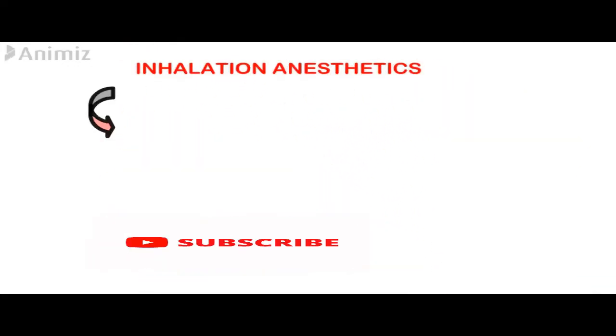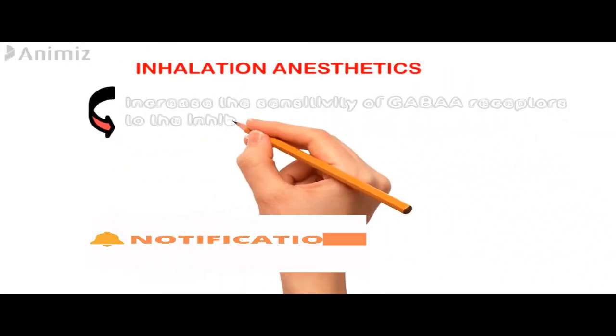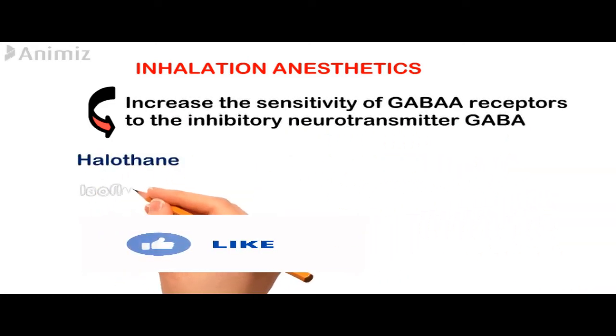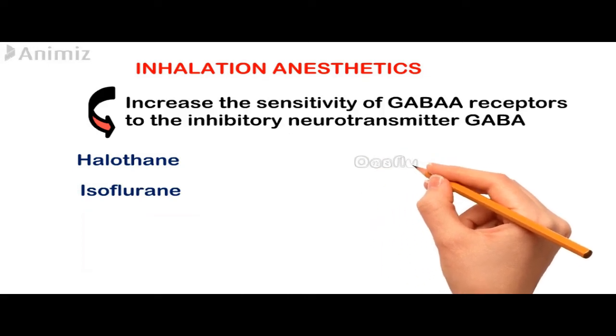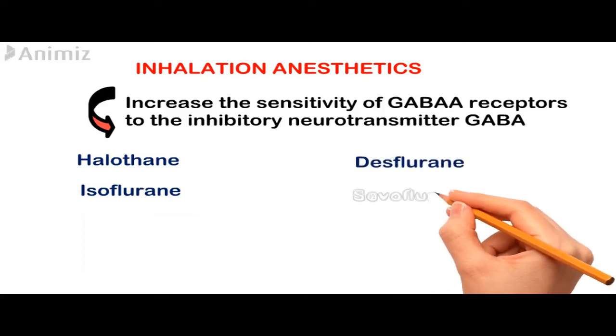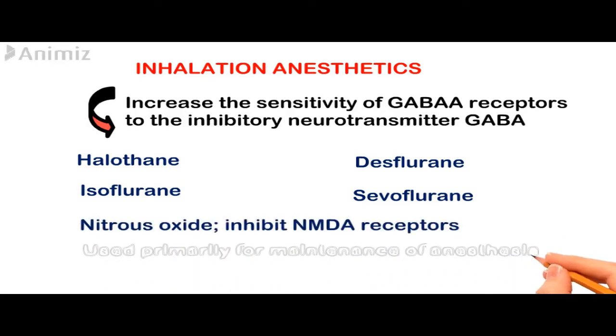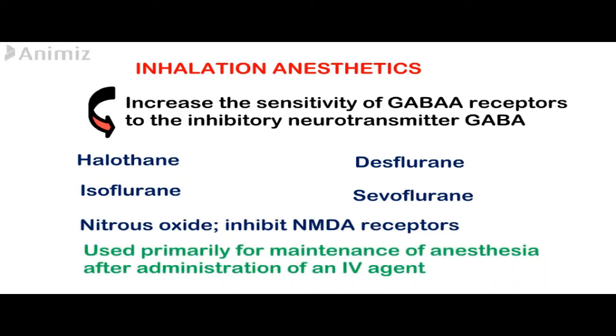Inhalation anesthetics are mainly used for maintenance of anesthesia after the administration of an intravenous agent, and they mainly work by increasing the sensitivity of the gamma aminobutyric acid receptors to the inhibitory neurotransmitter GABA. Examples of these inhalation anesthetics are halothane, isoflurane, desflurane, sevoflurane, and nitrous oxide, which acts by inhibiting the glutamate receptors, especially the NMDA